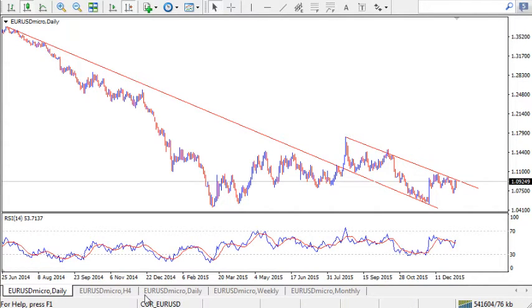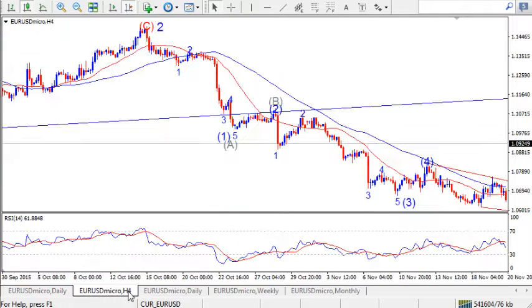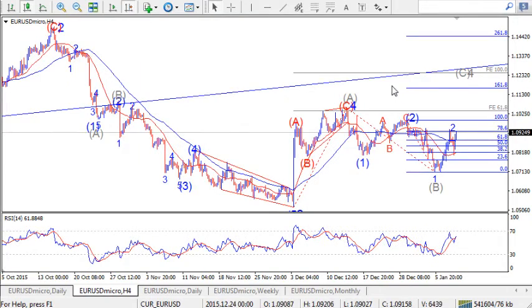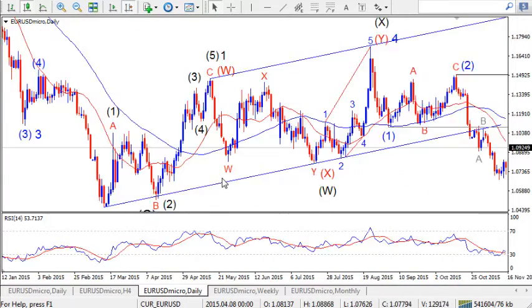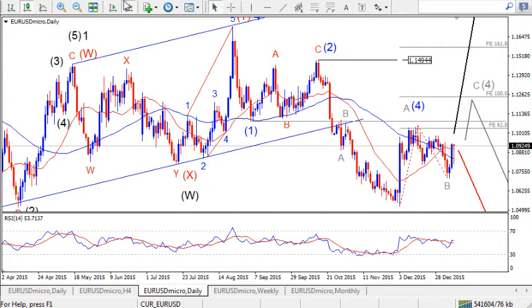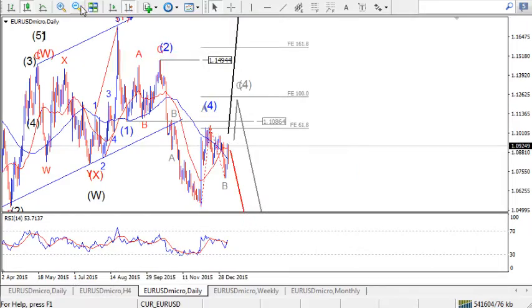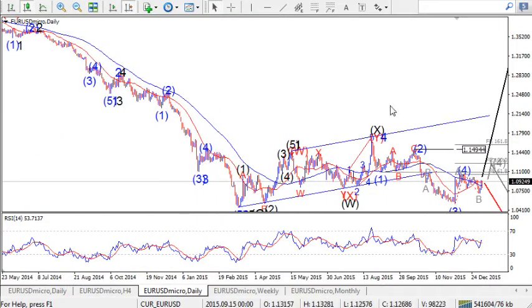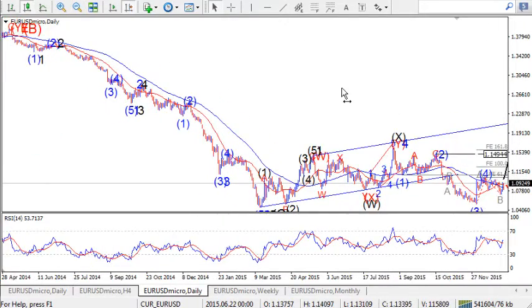I'm gonna show you now the actual charts that we have with the Elliott wave labels here, and here are the 4-hour charts, and this is what I was talking about before. Let's start with the daily chart. Again, the resolution is too low, and probably you are not seeing the labels very well,